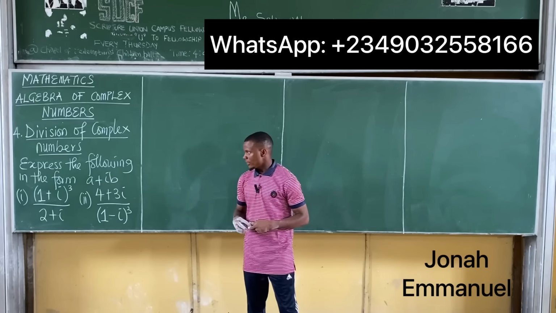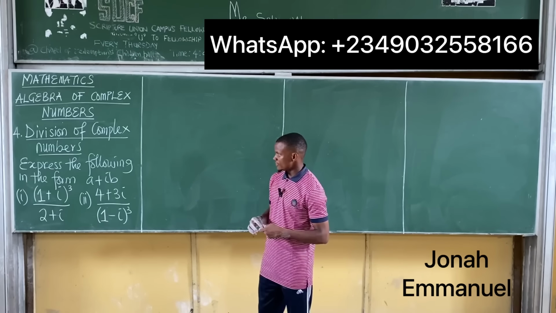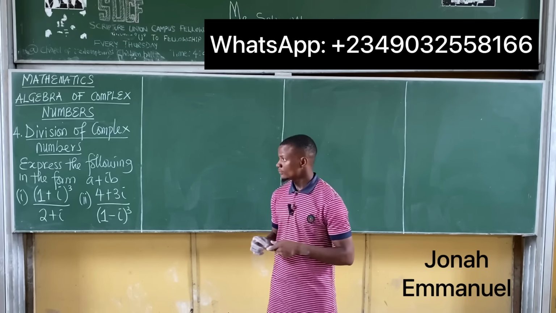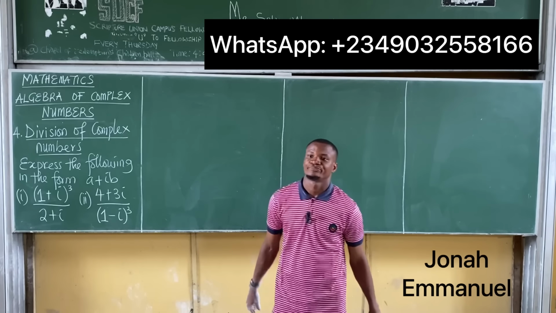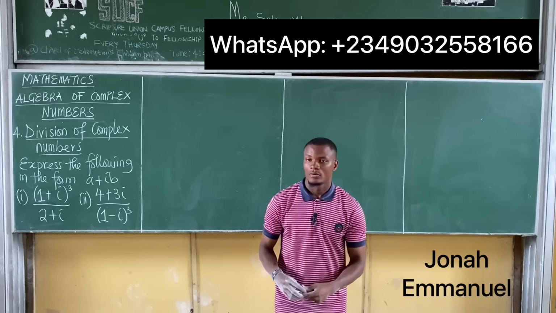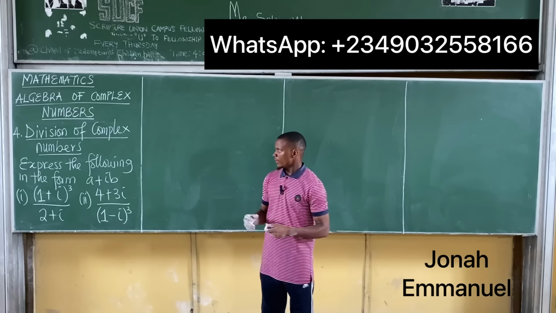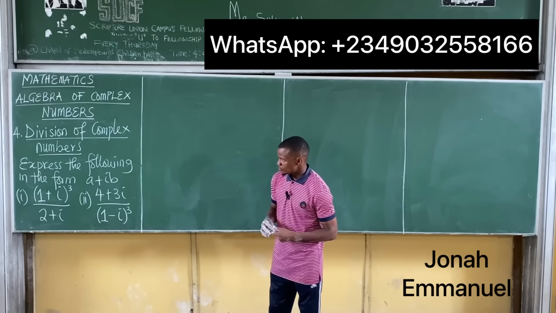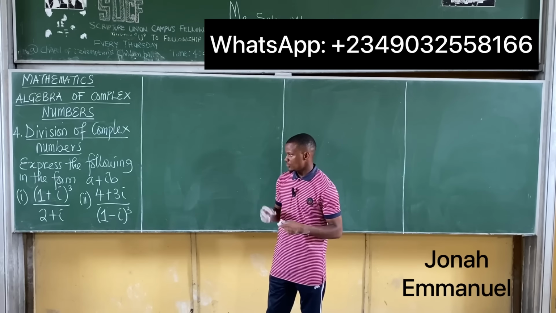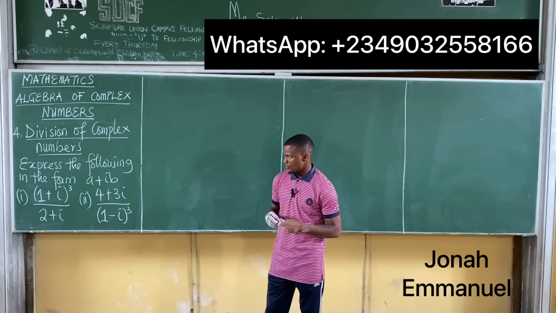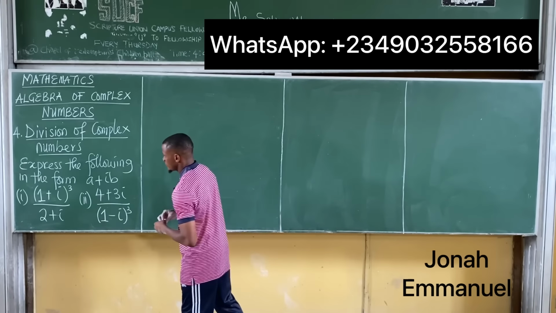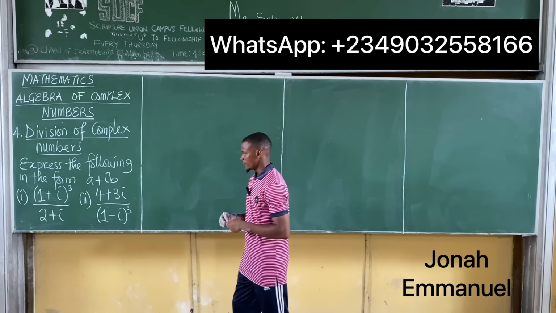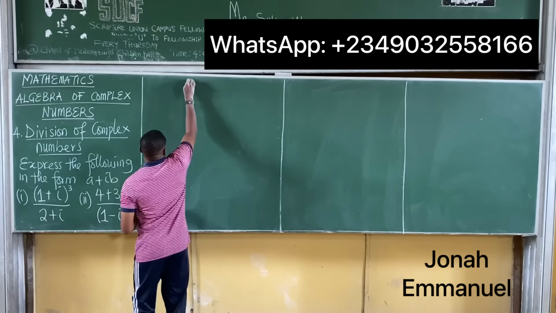All right, so we'll end the division of complex numbers doing this example. I'll do question 1 and you do question 2. So the question says, express the following in the form a plus bi: 1 plus i all cubed all over 2 plus i. So solution,